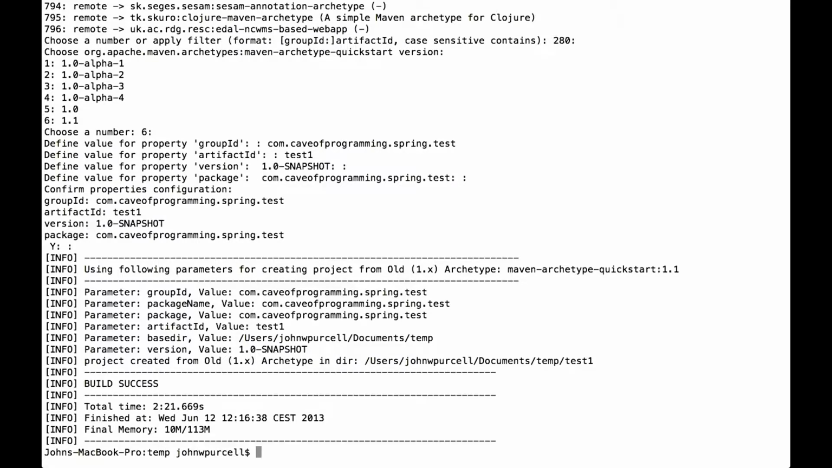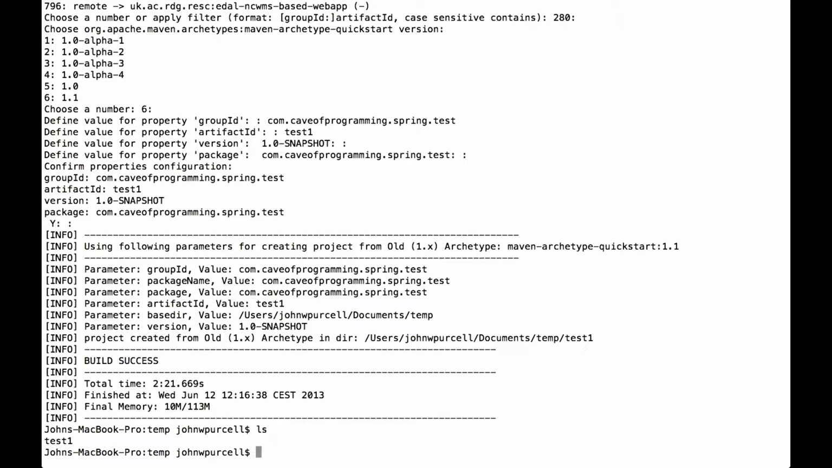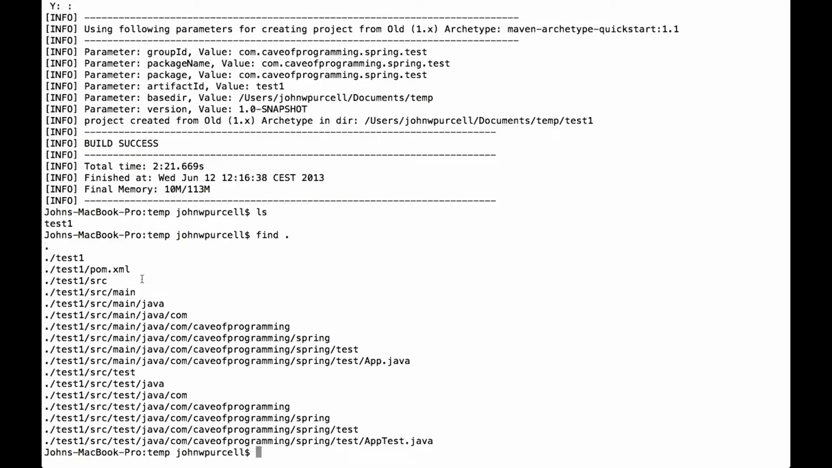Now if we do ls here, this is a Unix command, we can see it's created this test1 folder. So it's used the artifact ID to create a folder, and you could look at that with Explorer on Windows or Finder on the Mac. And since I'm in a terminal, on a Unix system, I'll just do find dot, and that will show me the